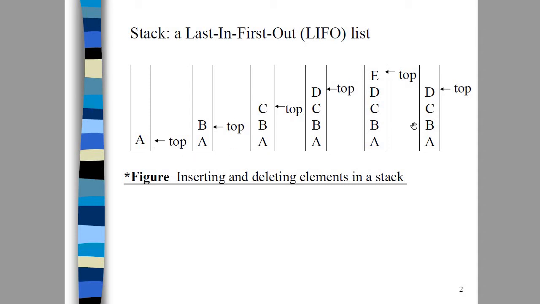Now if you are removing the elements, the top pointer will be useful for us to pop the element from the stack. When you remove an element, E is on the top of the stack, so that will be removed first. Then D will be removed. Then once again pop means C will be removed. If you perform pop once again, B will be removed. Then finally A will be removed. So here A is the first element we have pushed onto the stack, but when we are popping, A will be popped out at the end.